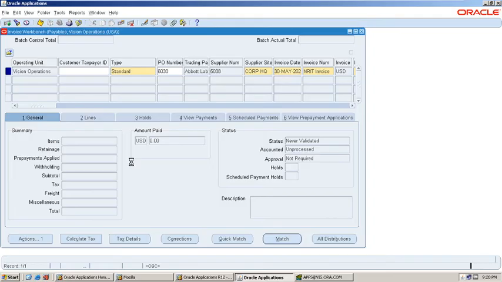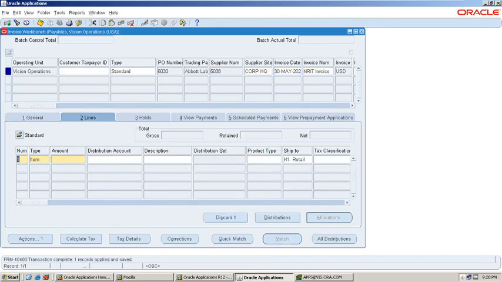Now go to lines level. In lines level, enter the line amount.